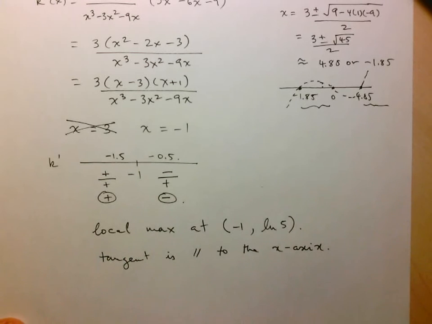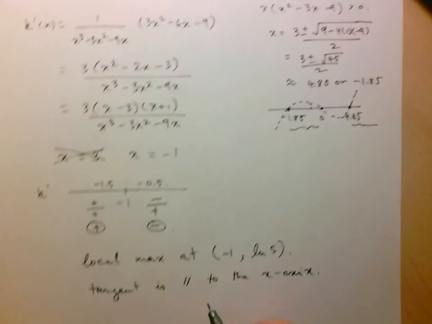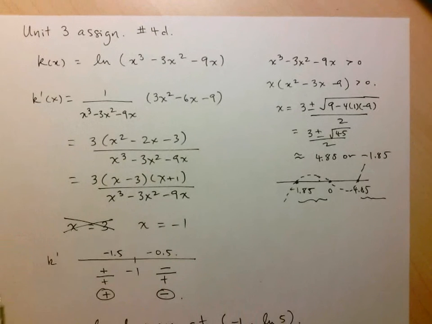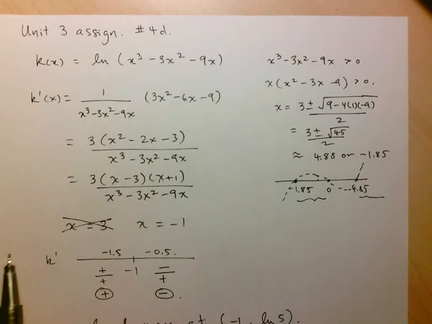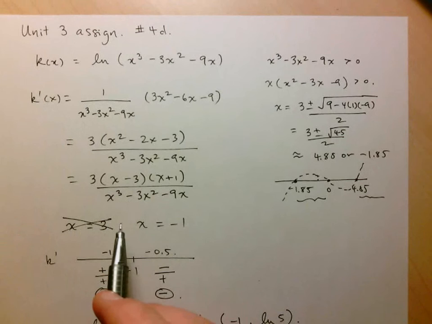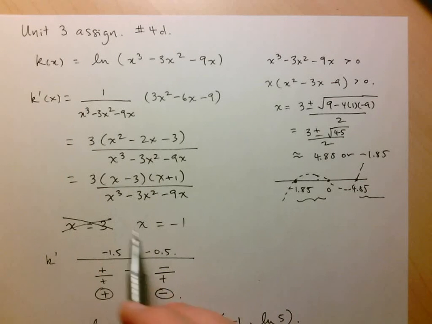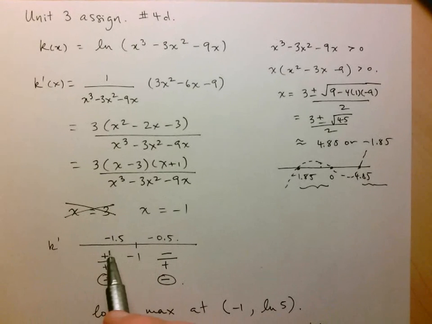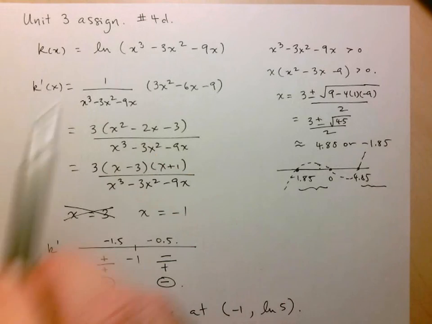Okay, so there's our point, and we have that the tangent is parallel to the x-axis, since the derivative is 0 there. Just to recap, we're looking for critical points, so we find the derivative to determine where it's equal to 0 or doesn't exist, and we determined that the only critical point was x equals -1. And just be careful about only working with input values that are actually part of the domain of